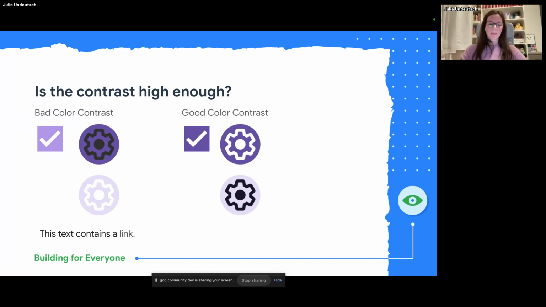And there's also a different perspective when you have links inside a paragraph. There's also a rule that a link inside a paragraph has to fulfill some requirements. So in this case, the text link is only slightly lighter than the text itself.